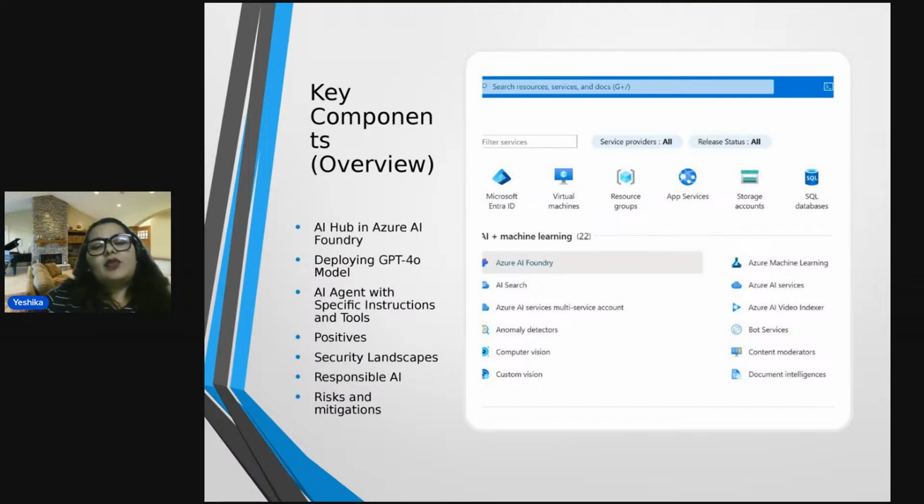Then we'll be moving further with the AI agent. Let's suppose you have to create an itinerary to travel to, since it's very summer here, most probably the mountain regions.